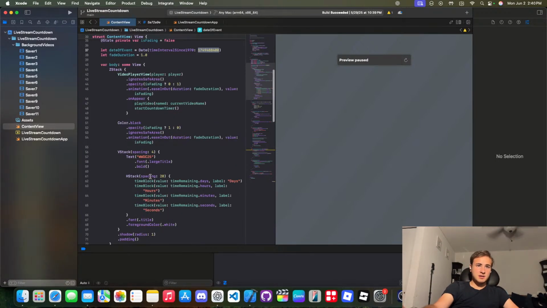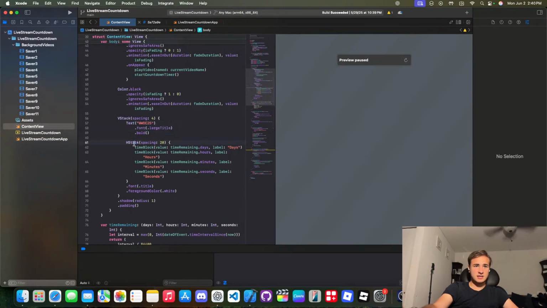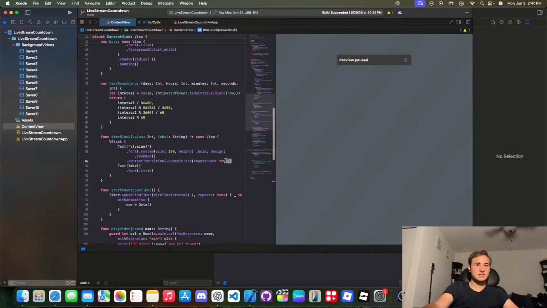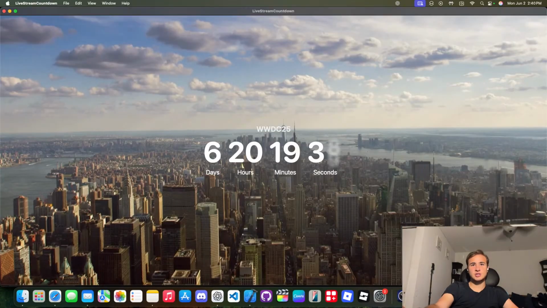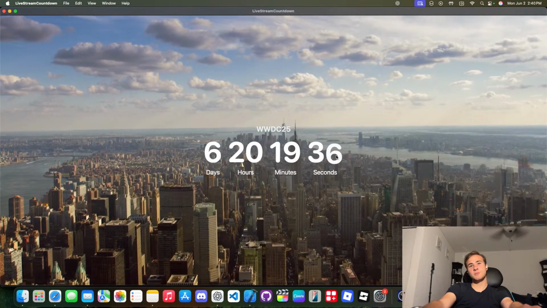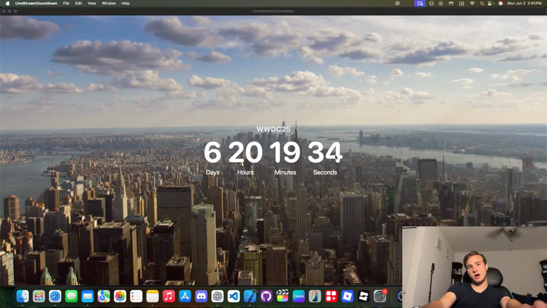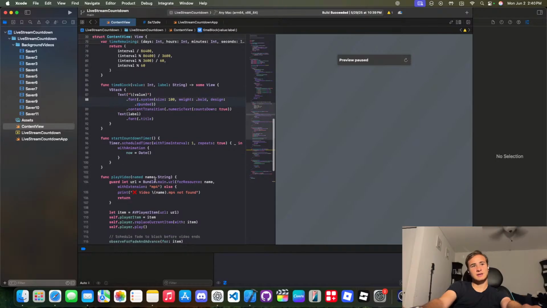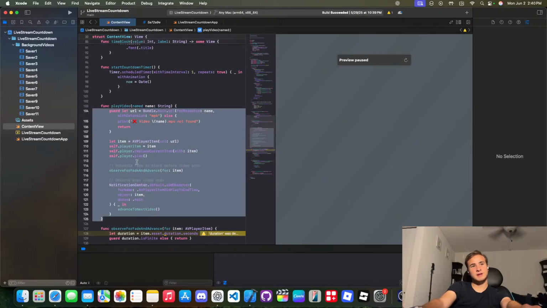And if we were to scroll down, it's just a text view and then some time blocks. So this is a function that returns a view right here, and this just counts down. The animation right here is Apple's own built-in animation inside of all their operating systems for numeric text, and then I just stylized it. And this just plays a video right here.